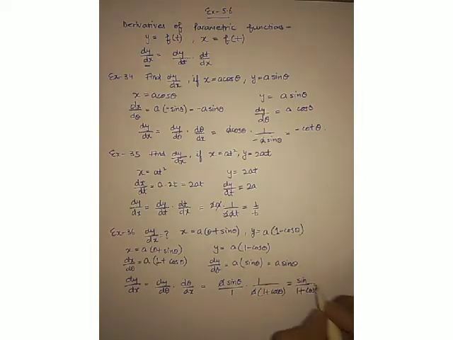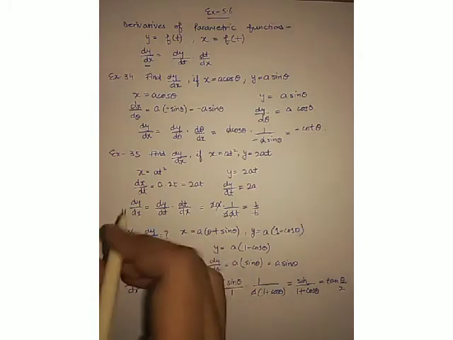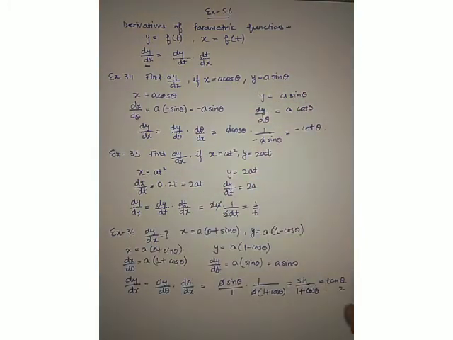Now you can leave the answer till here only, but it's actually the identity of tan theta upon 2. So you can also write it equal to tan of theta upon 2 because the angle is halved in this identity. But if you leave it until here only, it will also be counted as correct. So don't worry if you don't know the identity. Just simplify it as much as you can. Okay, so this was the 36th example, and all of these examples are very much similar. I can see, and you can also see that these are very similar to each other.